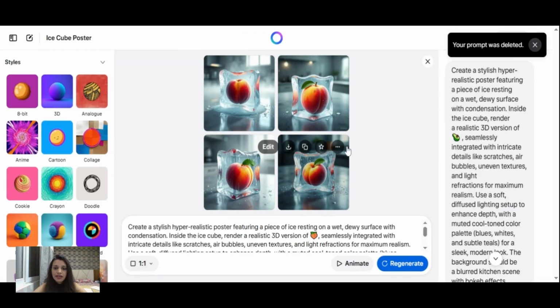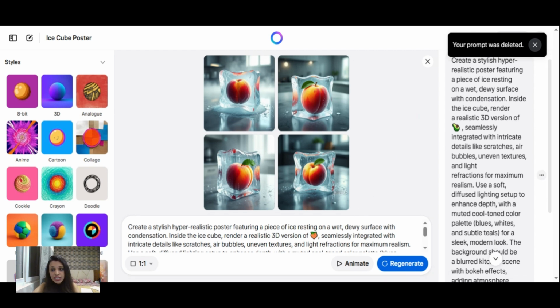So yeah, instead of taking the avocado, it clearly took a peach, the peach emoji. However, it did do a good job on the background generation. If you can see the prompt really well: create a stylish hyper-realistic poster featuring a piece of ice resting on a wet, dewy surface with condensation.